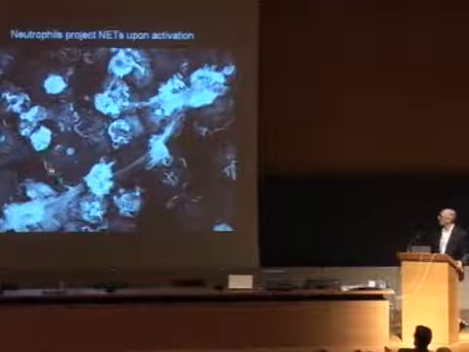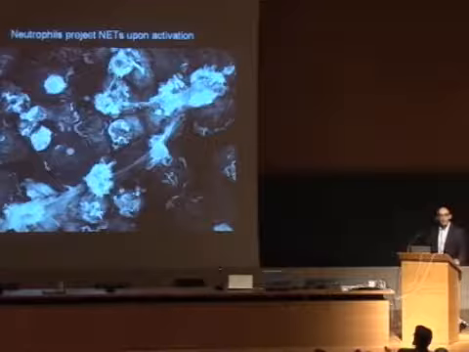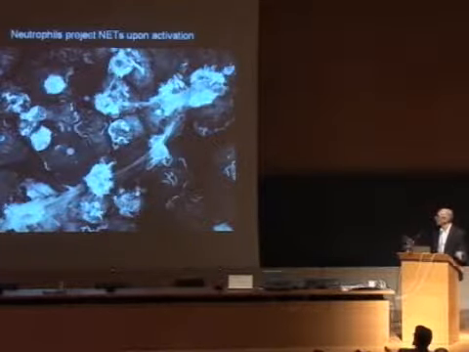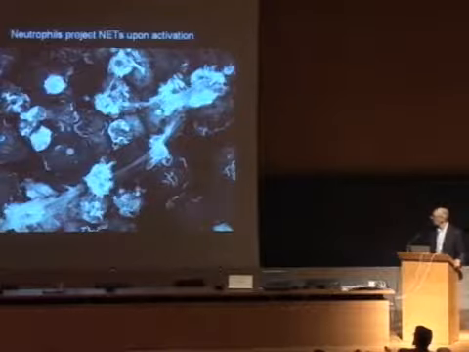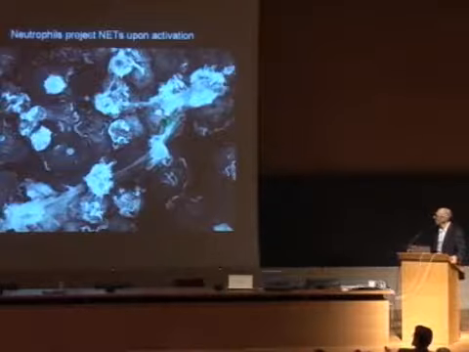So this is a scanning electron micrograph of the same neutrophils that you saw in the movie. And you can see, for example, that most of the neutrophils are very flat because they are activated and they are looking for microbes within the substrate. And they have many filopodia because they are always looking for things to eat. They are very phagocytic. And the observation was these extracellular structures that are outside the membrane that we call neutrophil extracellular traps, or nets for short.